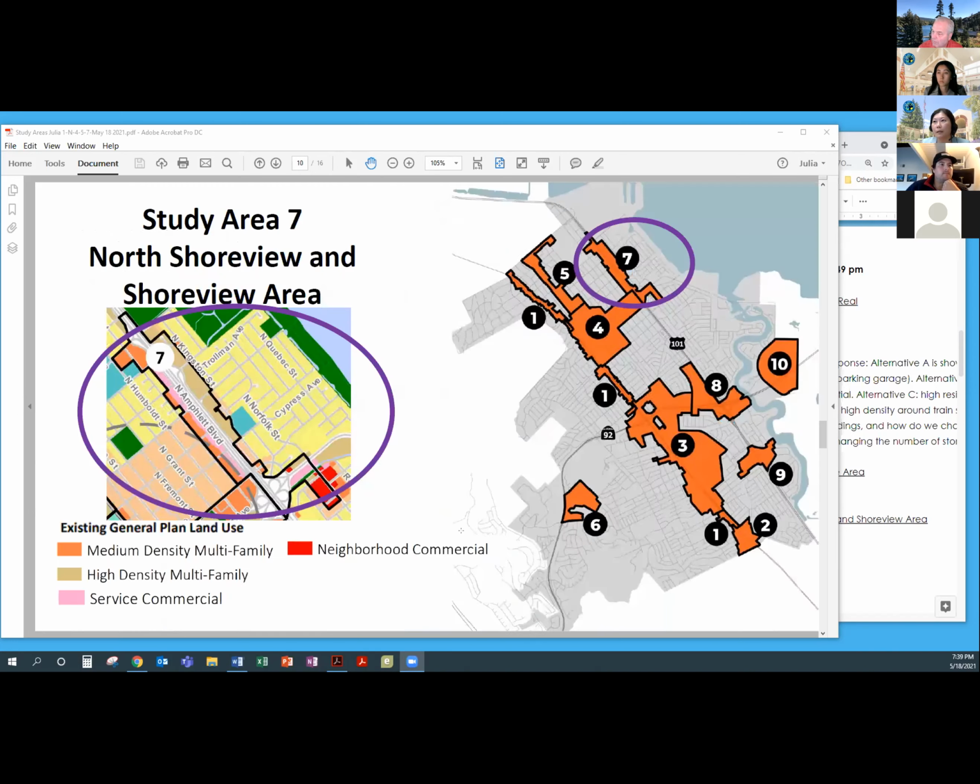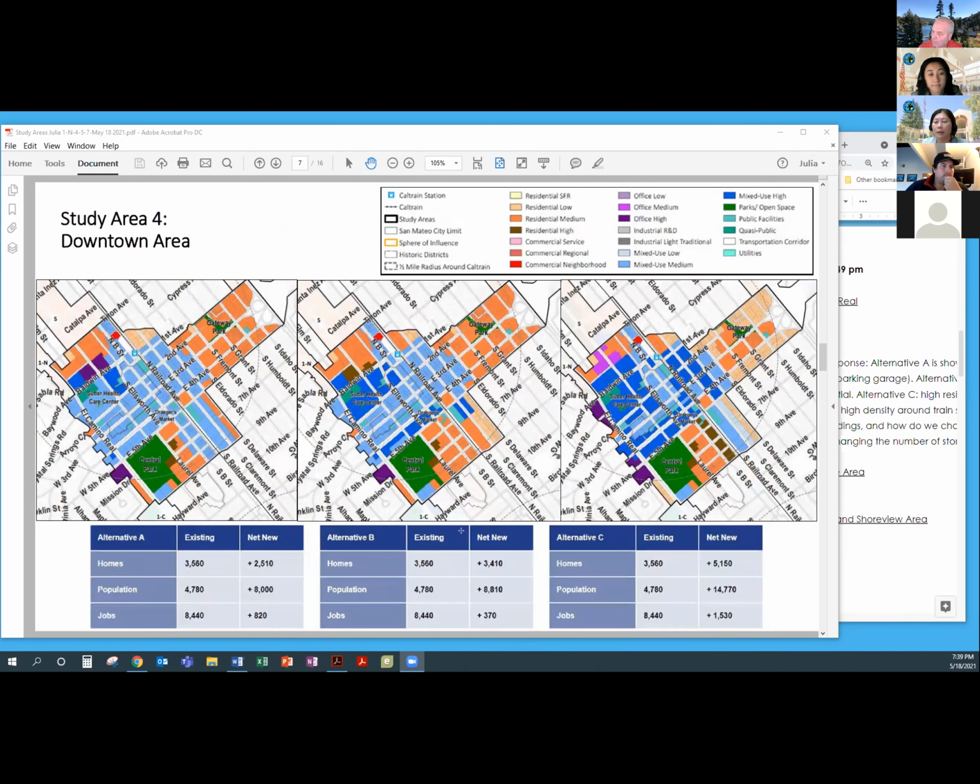And so what we're asking community members to keep in mind is, as the community changes, as we have more residents, and residents today that are aging and may benefit from services and amenities that are closer together, we need to think of opportunities to house them. And then also for our younger generation, think of opportunities to keep them employed closer to home.